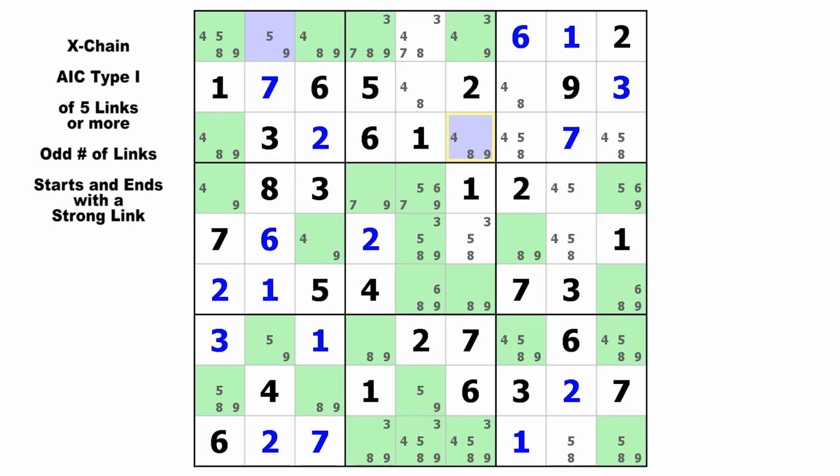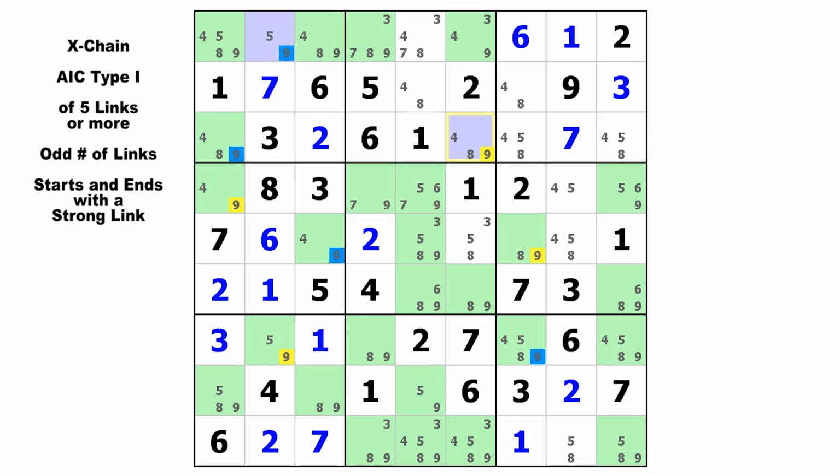Okay, so let's start up here in block 1, and we've got a strong link down to this 9, and then we've got a weak link over to this 9, a strong link up to that 9, a weak link to this 9, and a strong link to that 9 on the diagonal, a weak link up to this 9, and finally a strong link over to that 9, and there are the 2 endpoints. So any candidate 9 that can see both of those endpoint 9s will be